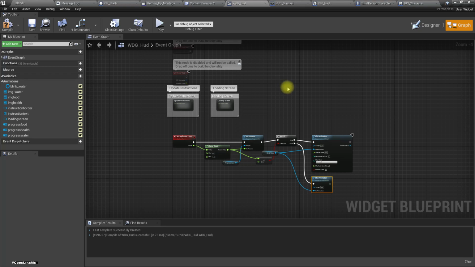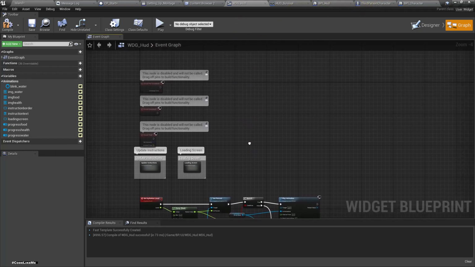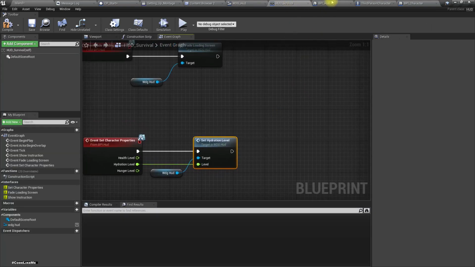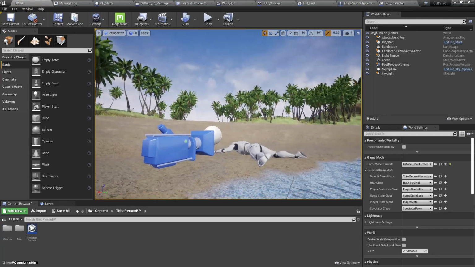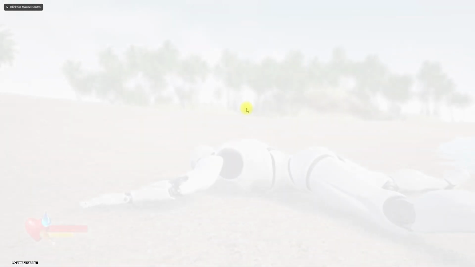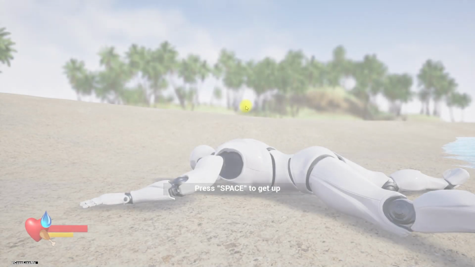So we are not calling this like I did before here. I'm not calling it anymore. So now the character should be dehydrated completely, and yes, as you can see there,